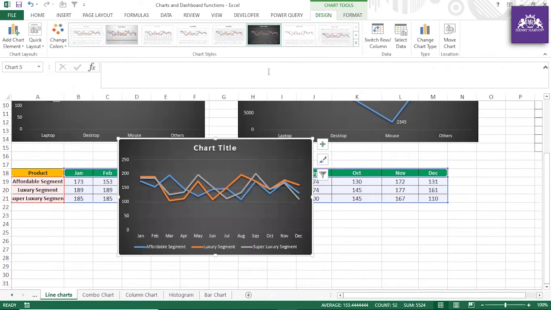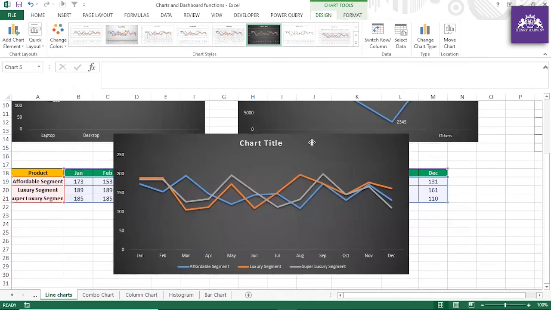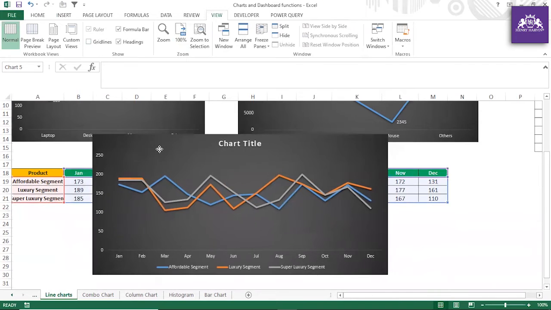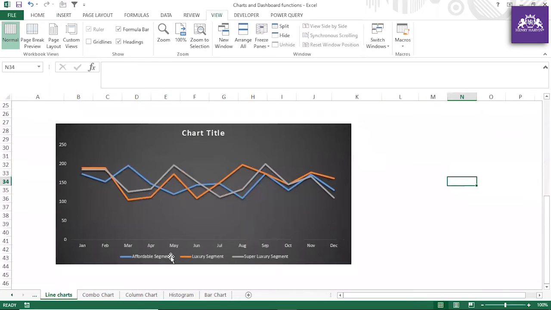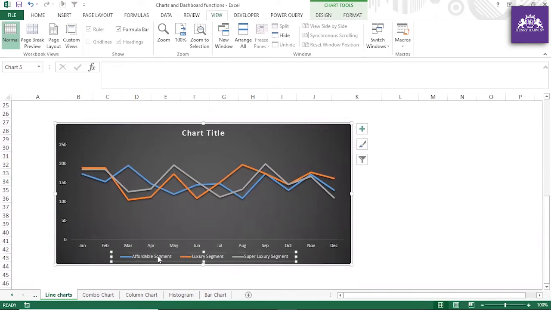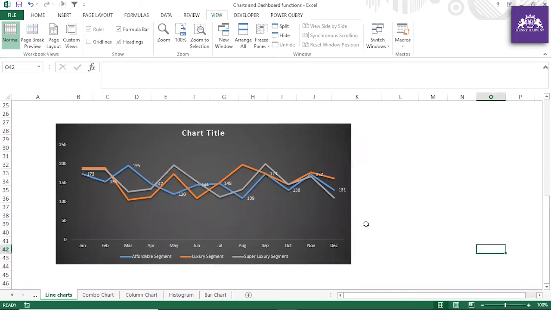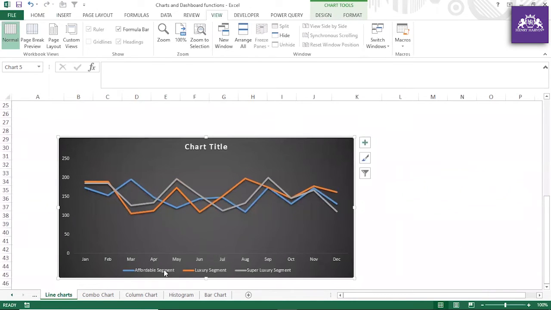This is actually understood, guys. If you have much data, how efficiently you can showcase it on the chart. So if you look at this, and if I stretch this chart, and let me just go to view and remove the grid lines. Or if I just take this down, it really looks nice. You can see these are called legend, affordable segment, and the colors you can easily refer to. And over here, if you have some kind of data labels, it will not look good, guys. Okay, and this is the trend which you can see, how your stuff is going on.